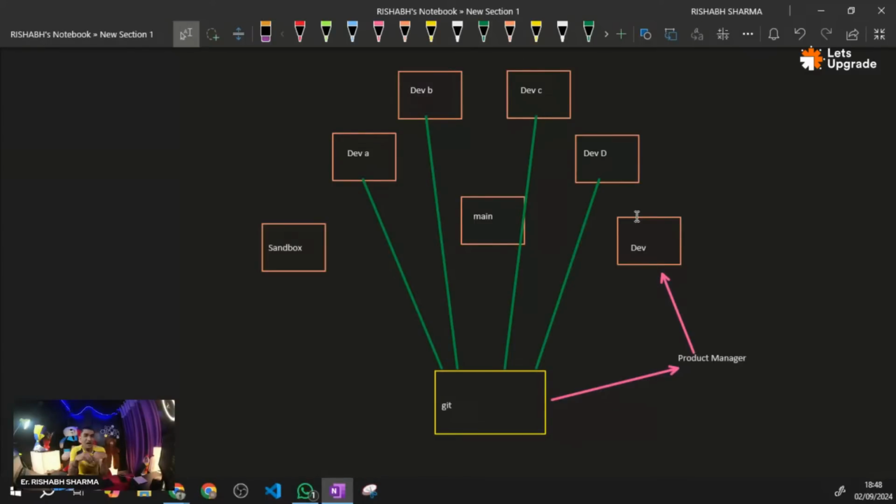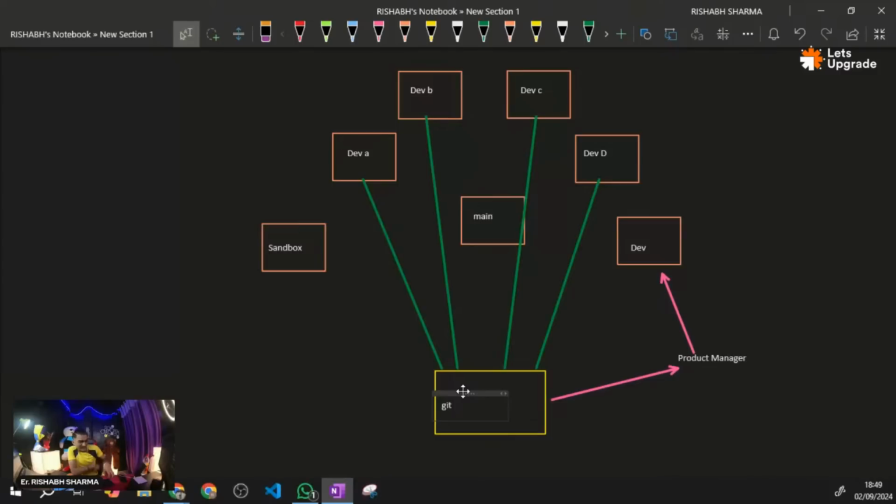Might be a chance a person who recently got a breakup is working on that project, right? So they can make some mistake. So it is the responsibility of this product manager to push the code after checking. After reviewing each and everybody's code, he will push the code on this protected branch called dev, right?